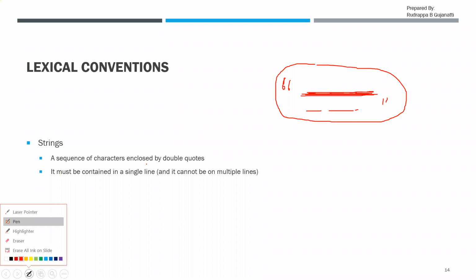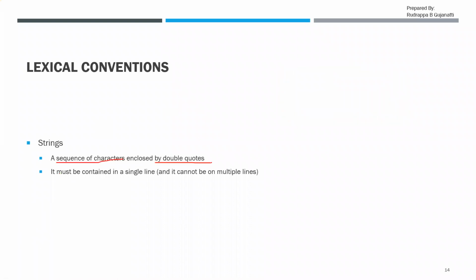So here a sequence of characters enclosed in double quotes will be treated as a string, or we will define it as a string in Verilog, and it must be contained on a single line. It cannot be placed on multiple lines. What that specifies is that there should not be a carriage return. Carriage return is nothing but when you press enter.